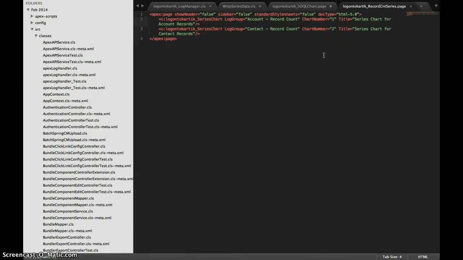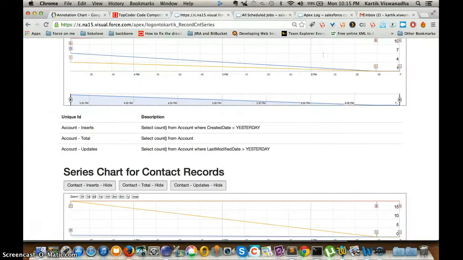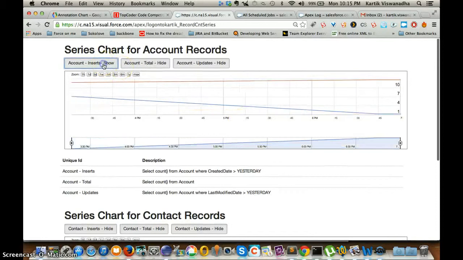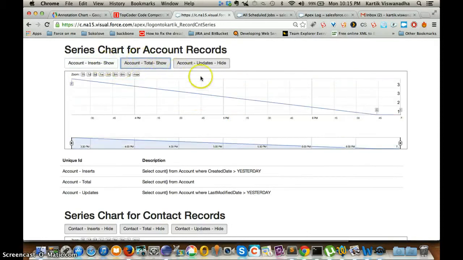So you just define the chart numbers as unique values and give the log groups, and you can display the log groups. If you wanted to pull the SOQL response times into this page, you can do that as well. All you have to do is add chart number 3, and that's it. It shows up. And you can show, hide.